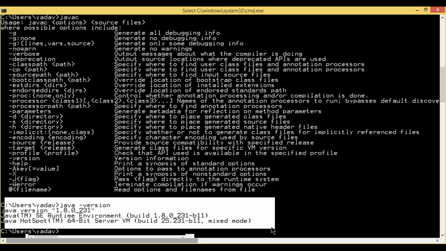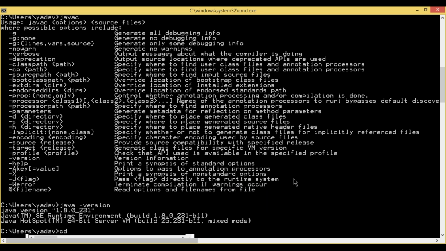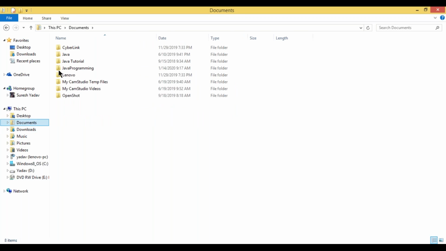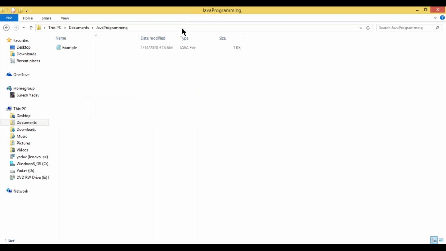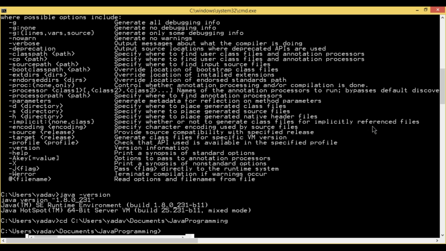Once we identify that Java is installed, now we need to move to the particular directory where the Example file is available. cd is the change directory command. Before, we were in the Yadav folder, and now we have moved to Java programming. So just simply